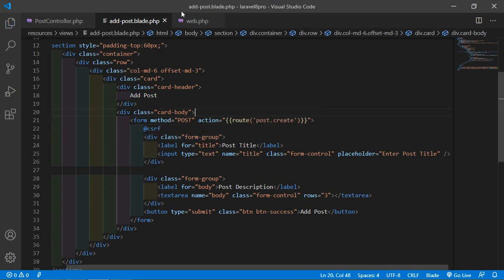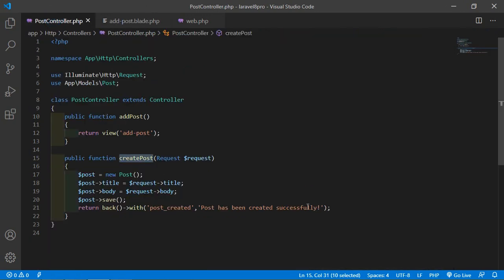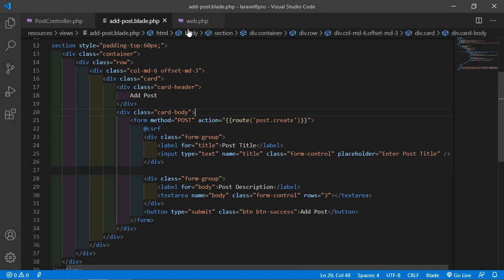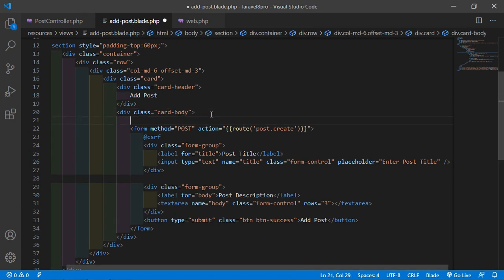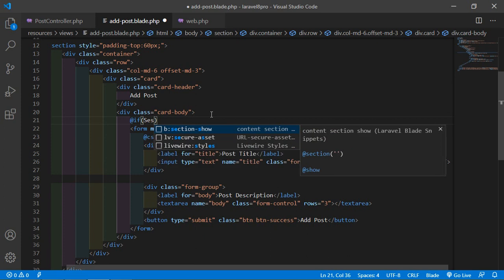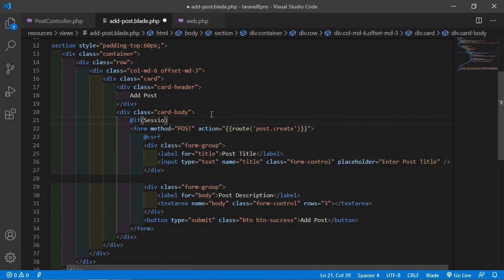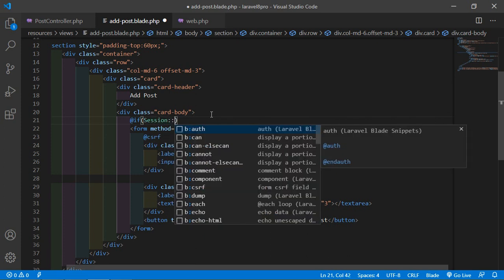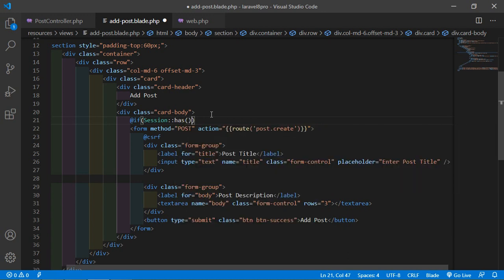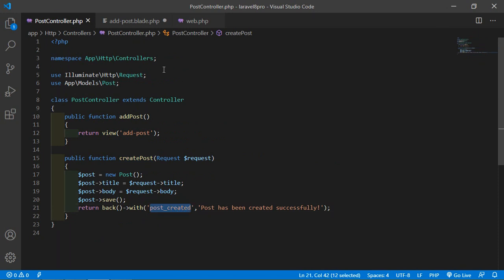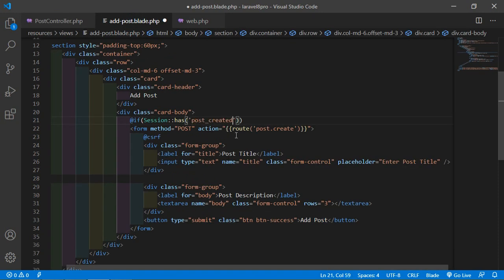Alright, now let's print this message inside the add-post.blade.php file, so just add here the @if directive, then let's check session, if session has this key post_created, so just paste here,